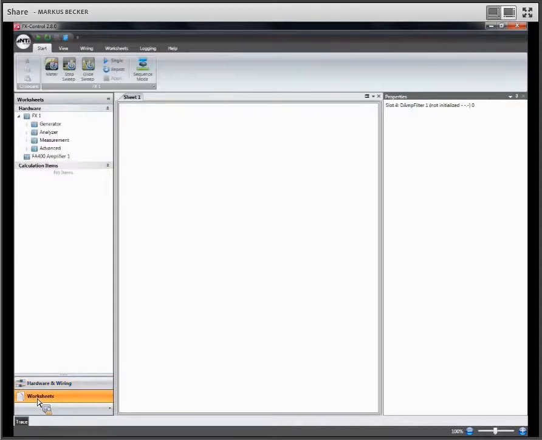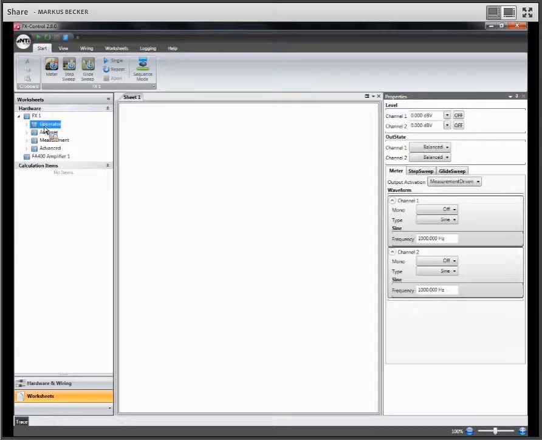Next step, you set up your test, and let us start with a typical R&D application. So I want, for instance, to measure the linearity of my amplifier, and then I want to establish a second test of something different. You're going to see that now in a minute. So the first thing I do, I take a look at the generator properties and I unmute the outputs of the generator. These outputs are by standard muted as soon as you open a blank project, just for security reasons.